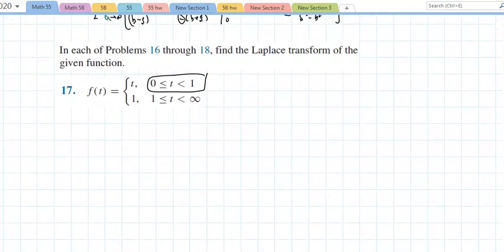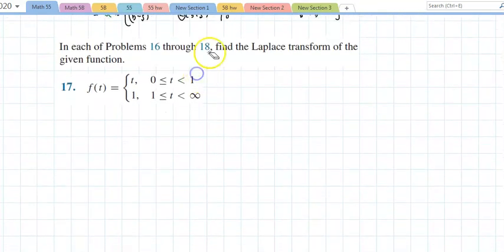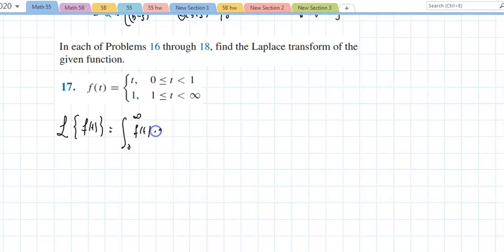I want to tackle one more, and that concludes this section. Again, this is the longest section. The rest you really have to apply just the tables, which do all of this work for you. But in this case, you really want to understand how this works. And here I have a split function. So, wouldn't that be the integral from 0 to infinity of f of t times e to the negative st